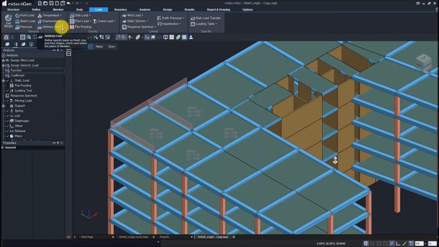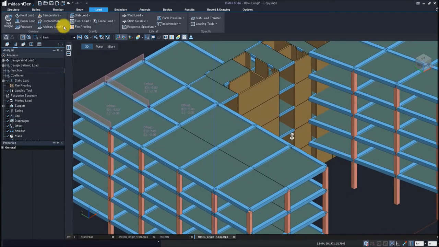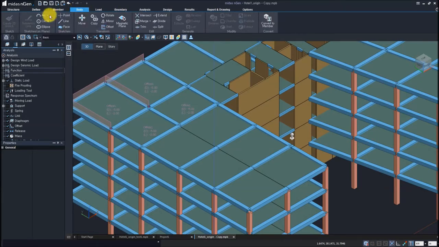And the arbitrary loading, for example, here in this plate slab, let's say I want to apply the loading on some random position here on the slab. Then we can use this point or line and pressure load. So for example, I will generate the point or line or face body. So let's say go to the plane mode of this slab,